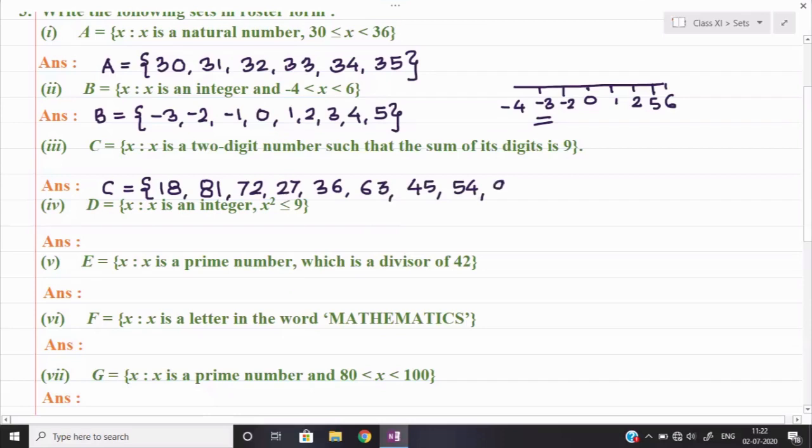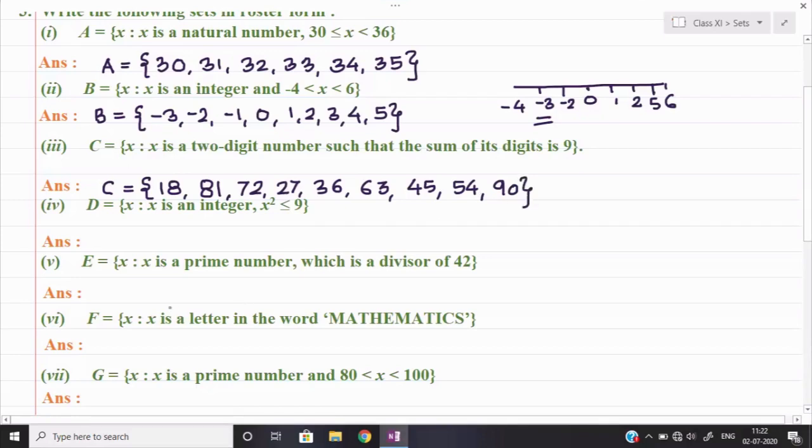See, they didn't say anything about the digits. They are natural numbers, whole numbers, so we can take any digit over here, there is no restriction. So 90 could be taken, but if I reverse 90, it will become 09. The sum will be 9, don't worry, but the number will not remain a 2-digit number. So 09 is not possible. So according to me, these are the values required.